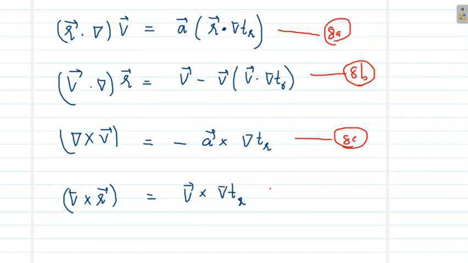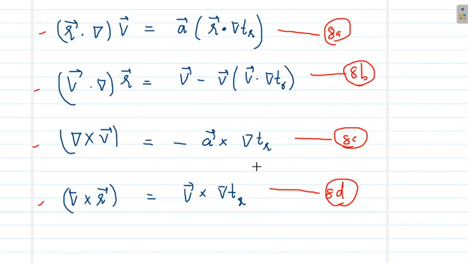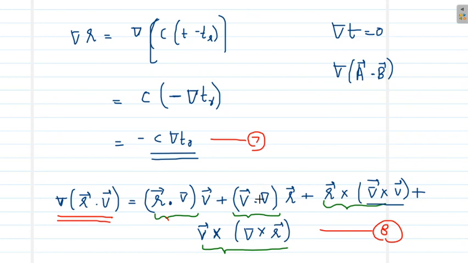So this is our equation number 8d. You can find the derivations of each of these terms, each of these expressions, in the next video of this series. As of now, just to simplify the length of this derivation, I am taking these terms as granted and as given by these sets of equations. Now, substituting each of these terms back into our equation number 8, we can find del of r bar dot v bar to be equal to the summation of these terms, right?